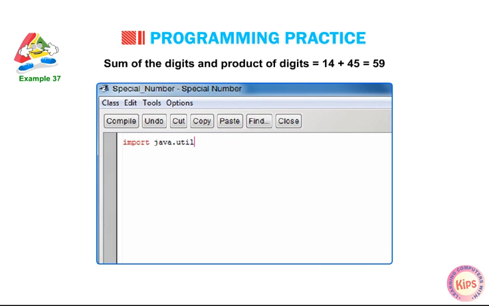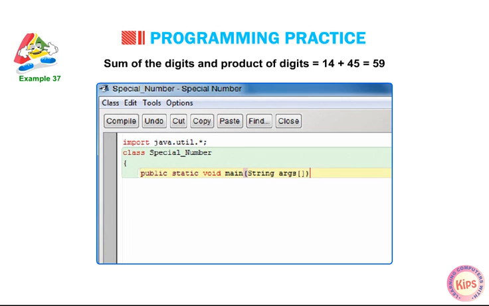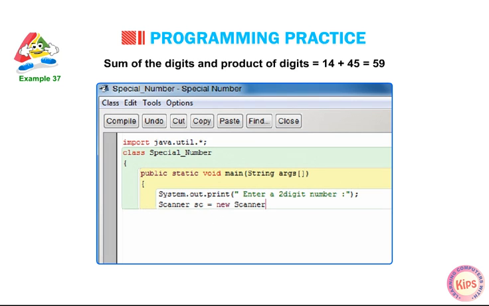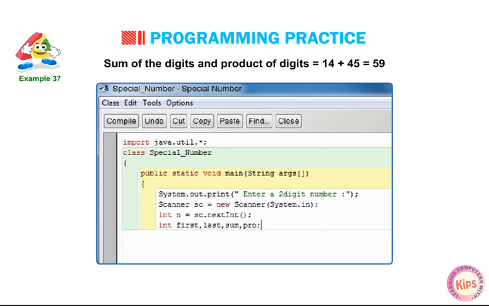import java.util.*; class Special_Number { public static void main(String[] args) { System.out.print("Enter a two-digit number:"); Scanner sc = new Scanner(System.in); int n = sc.nextInt(); int first, last, sum, pro;